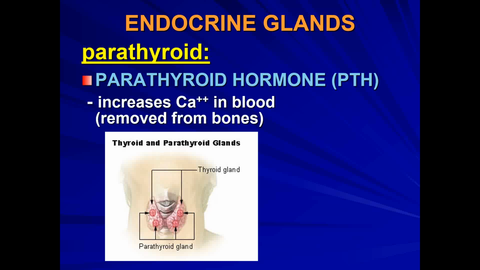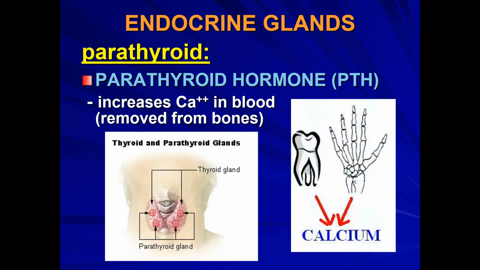It's the counterpoint to calcitonin from the thyroid, so it's also involved with calcium. It does exactly the opposite of calcitonin. It increases calcium in the blood by pulling it out of the bones. So fundamentally, we're just storing calcium, like you'd store something in your attic. If you need it, you're going to go and get it. So if the body needs calcium, it's going to get it from the bones. So it does the exact opposite of calcitonin. Between calcitonin from the thyroid gland and PTH from the parathyroid, we're able to balance just the right amount, that's homeostasis, of calcium for our body's needs.